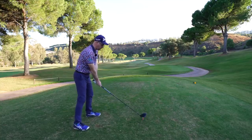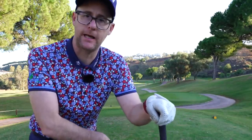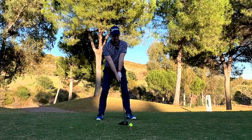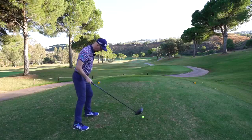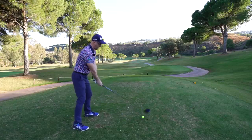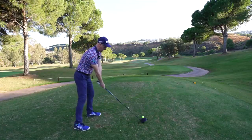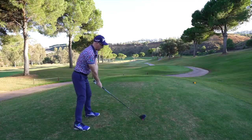So it encouraged me, and I want to encourage you, to make sure you're making a nice big full shoulder turn. Don't be afraid to let your lead foot lift up a little bit. That gets your hips turning a bit more. If my left foot, my lead foot, comes up as I make my backswing, my lead knee kicks in more, my pocket goes in more, meaning my hip rotation is bigger, allowing for a bigger shoulder turn. This allows for a little bit more speed, a bit more commitment, and definitely makes it easier for me